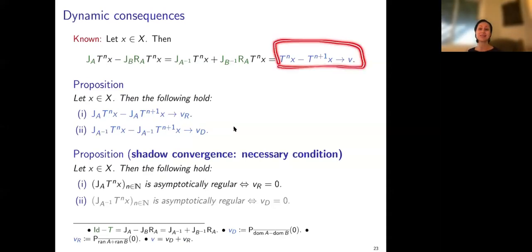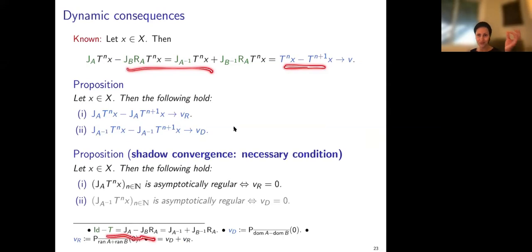So this is classical from fixed point theory, a very beautiful limit. And then these two, and I'm going here backward, there is nothing new here. I just used this limit and I dropped to the definition of T, and identity minus T can be written like that or equivalently like that. So this is what I plugged in here. So nothing new. But what's really new and beautiful is this limit can now be further refined